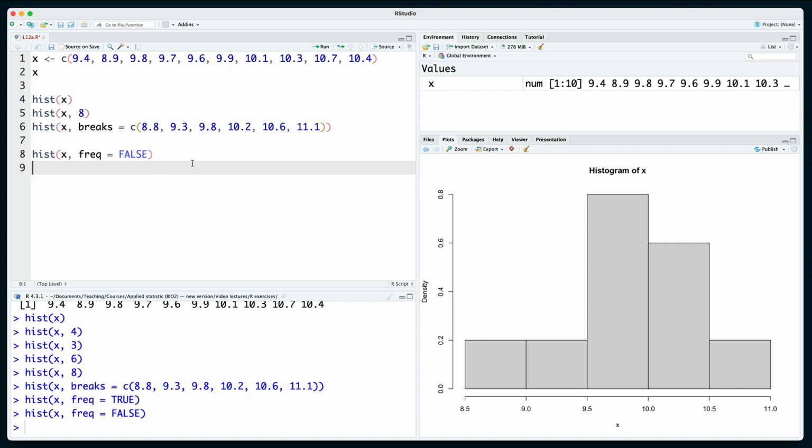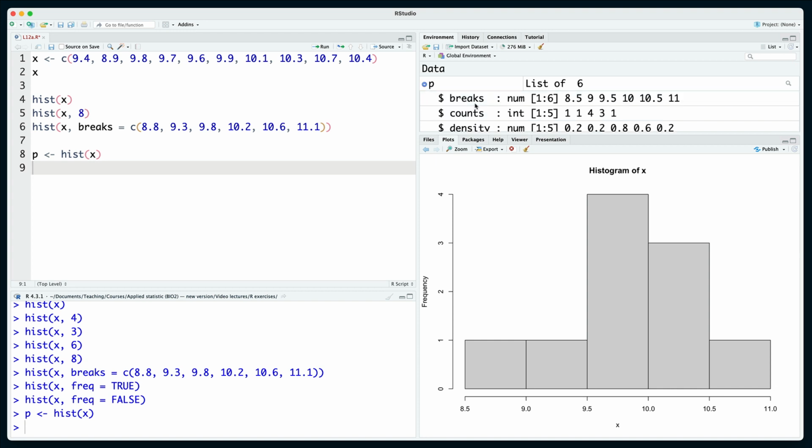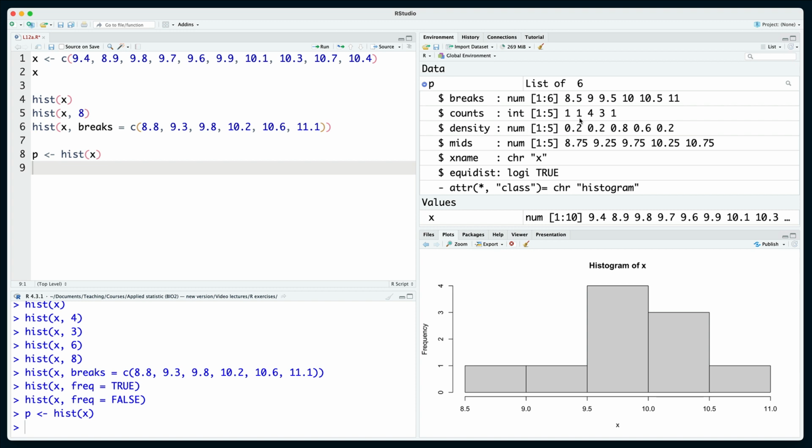Okay. What else? As you know, first of all, you need to compute all these values. You need to compute counts, you need to compute frequencies, densities, and so on and so forth. And R does it for you. This function hist does it for you. But you actually can get, similar to boxplot, you can get all the calculated values and save it to a separate variable. For example, let me use p here. And then you can see p is a list of 6. And inside this list, you can see the breaks, automatically computed breaks, then the counts in every break, densities, and